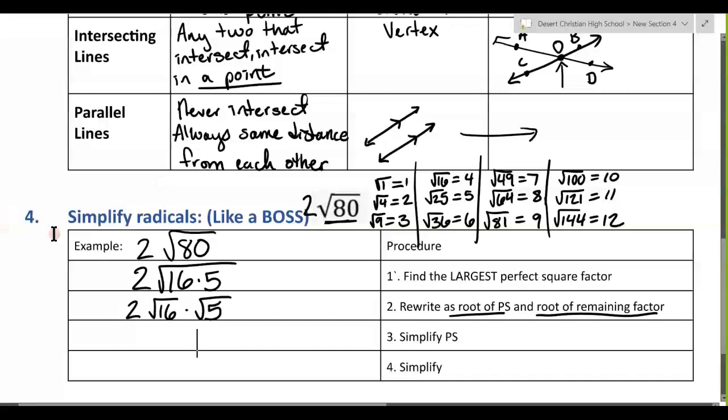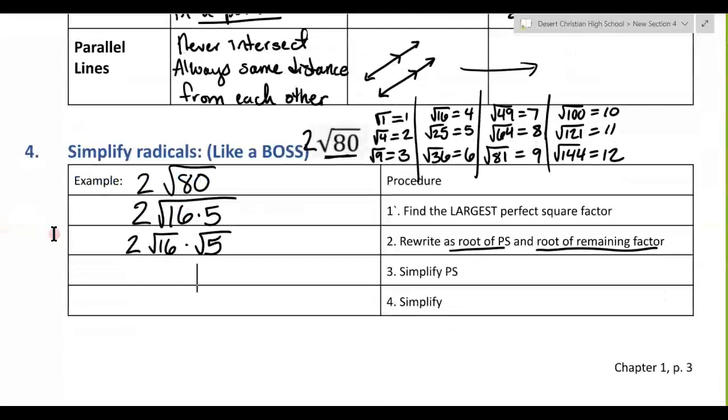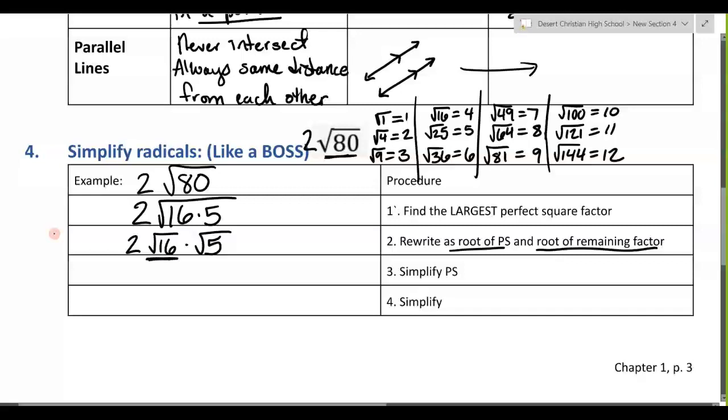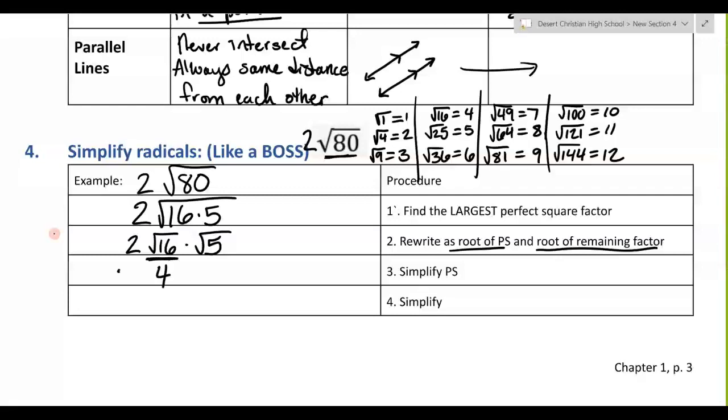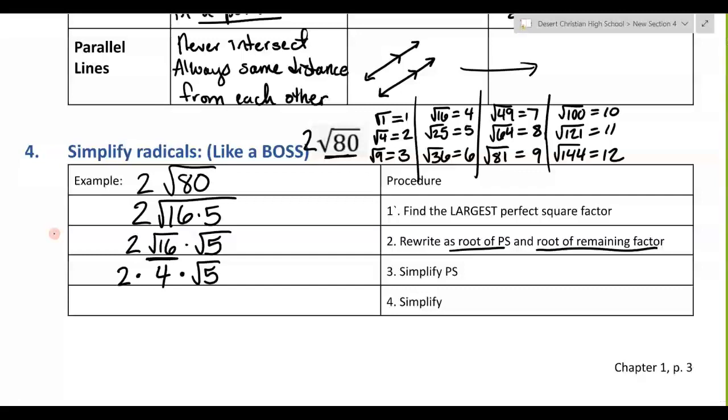This is a property of algebra we studied, I want to say in chapter 7, maybe chapter 7. All right, then I can simplify this perfect square factor. My square root of 16 equals 4. I still have this 2 and this radical 5. And then if I have any additional numbers in the front, I simplify them by multiplying them together. 2 times 4 is 8. Okay, that's the fastest way and the simplest way to factor. It's a nice set procedure you can follow. On the formative lesson 1.1,